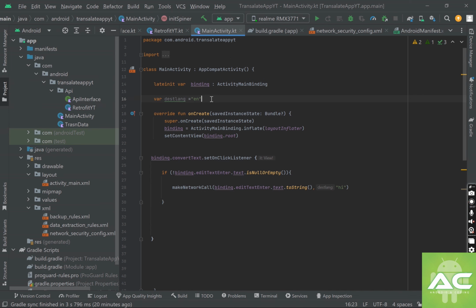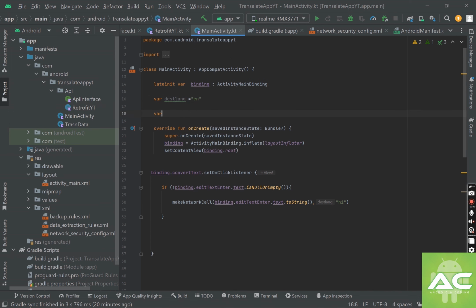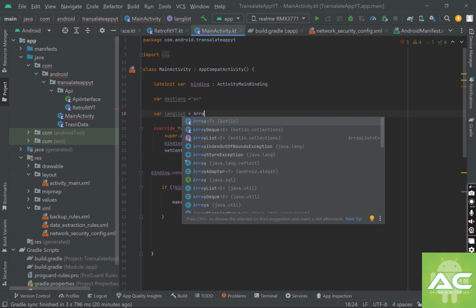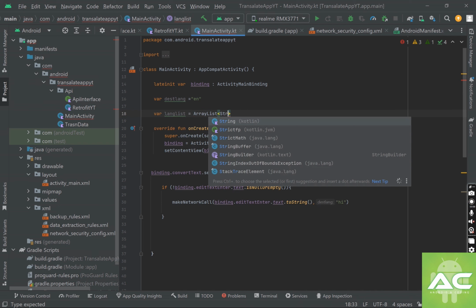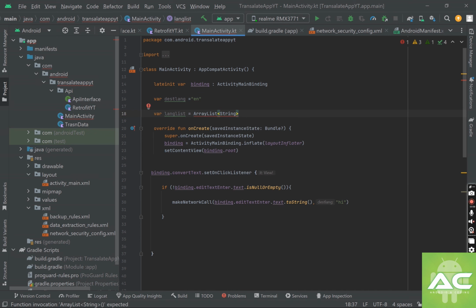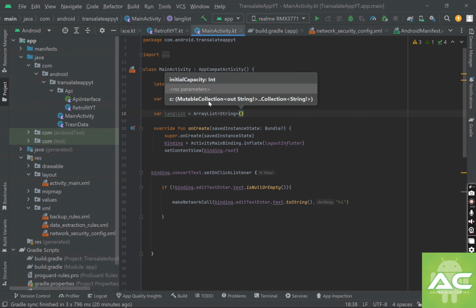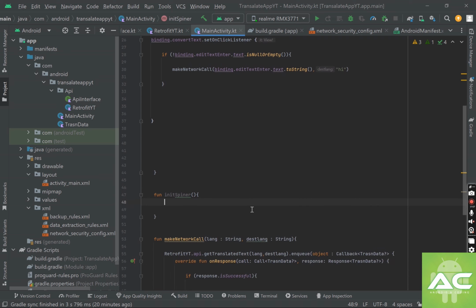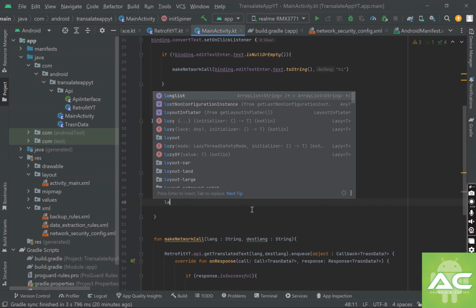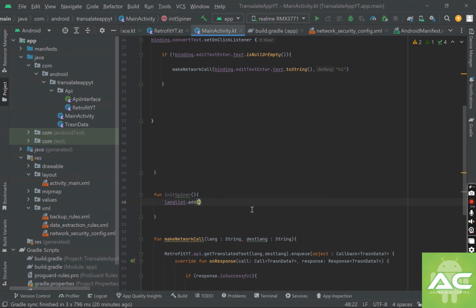So first of all, we have to create a list. Lang list, we can call this name. Type will be string. Now here what we will do, we will take this lang list and add languages one by one, like English,